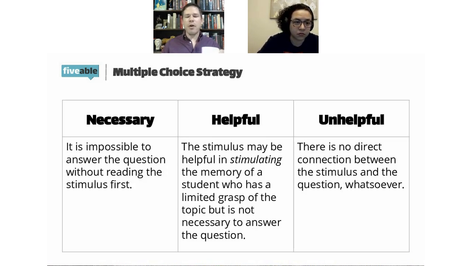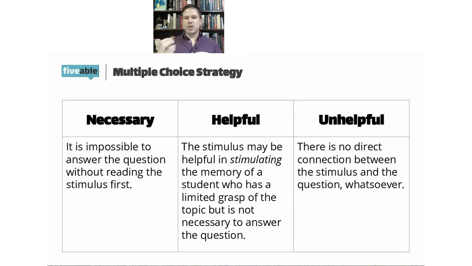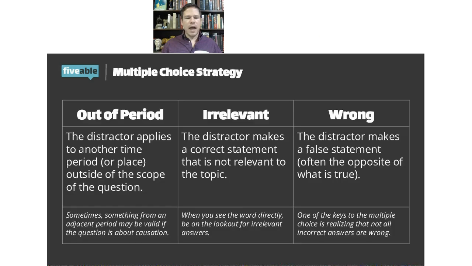All right, so necessary, helpful, and unhelpful. That's the relationship between the question and the stimulus. I think students understanding this relationship is very, very important. Now, the next thing is the other side of this, because this test is extremely formulaic in how things are answered and how the answer choices are laid out. Students are used to, and I do the same thing when I teach a regular non-AP history course, that on a multiple choice test, there is a correct answer and there are 3 wrong answers.